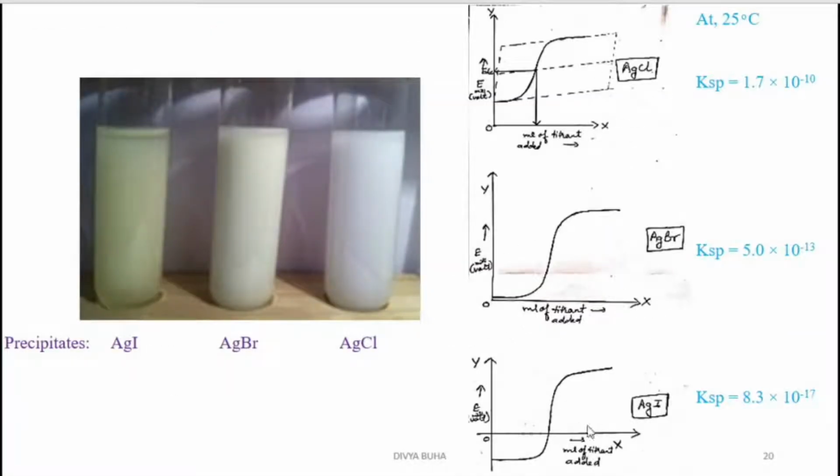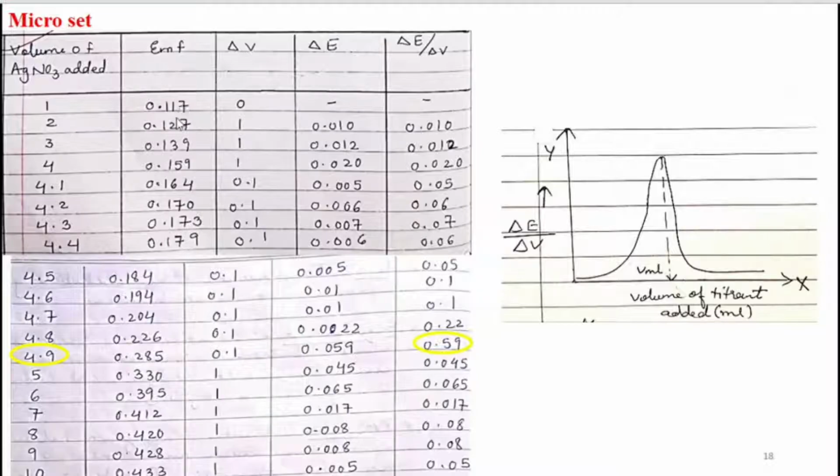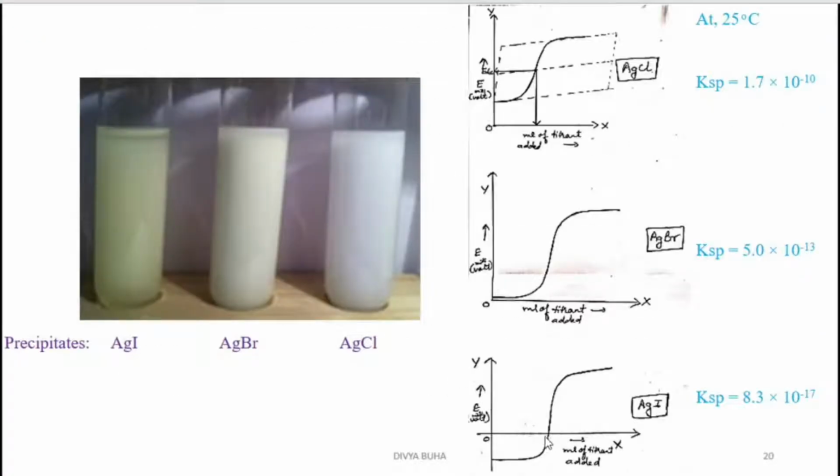And if you see this one, that is for AgI, the readings would be initially negative. You can see over here, this is the negative side of the y-axis. So the readings will start with a negative value, then it would increase, then it would get to 0, and then it would go into the positive side. So the initial readings of the EMF would be negative, then it would come to 0, and then positive values would be obtained in the case of silver iodide. So these are the differences in the readings.